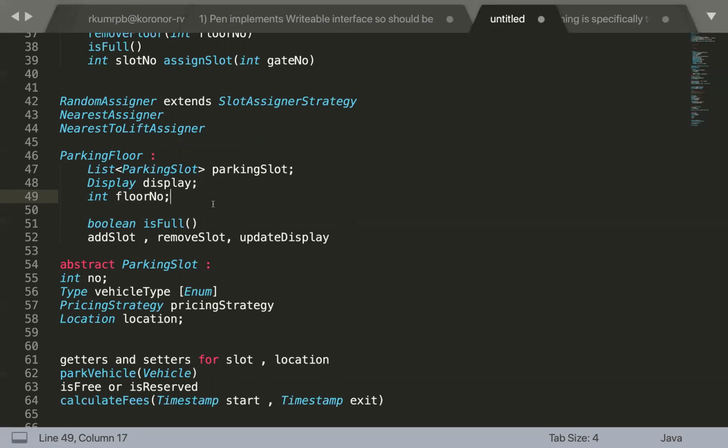Because display boards are generally kept in a parking lot which has no automatic assigner, right? When you generally enter a parking lot and find the parking slot yourself, going around searching for where it is empty, there this might help, right? It tells you whether you need to stop at that floor and search for the available slots or go to the next floor directly. If we are directly assigning the slots, probably this is a contradicting feature, right? Display can be there, okay, but it is not a mandatory requirement.